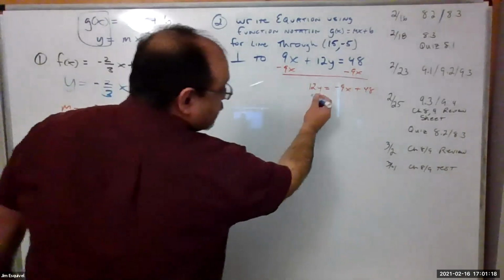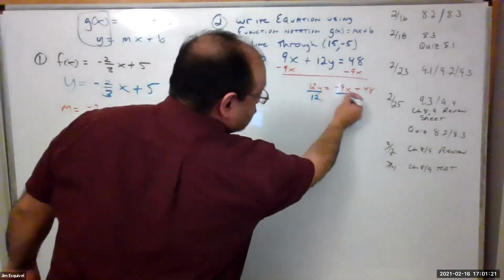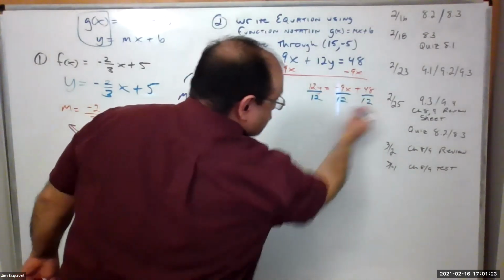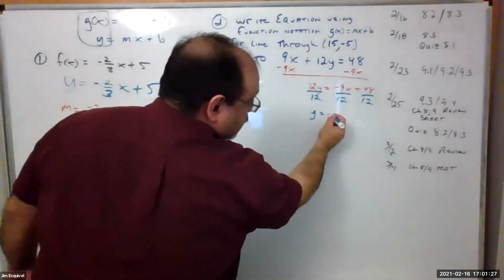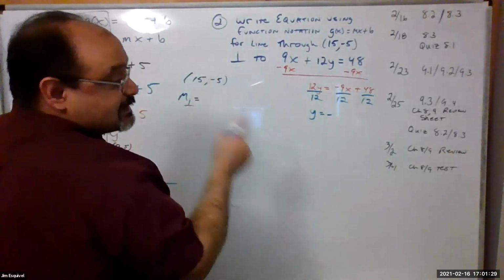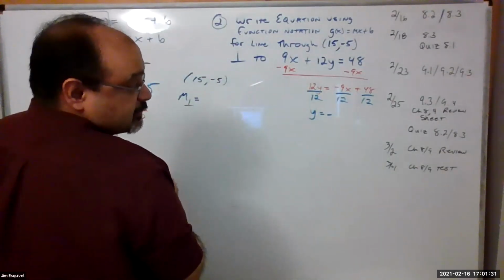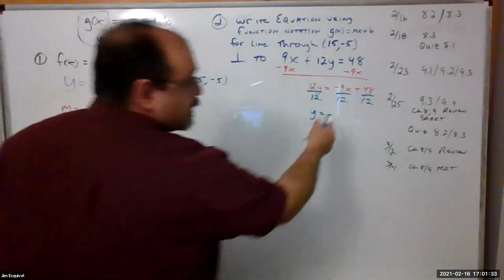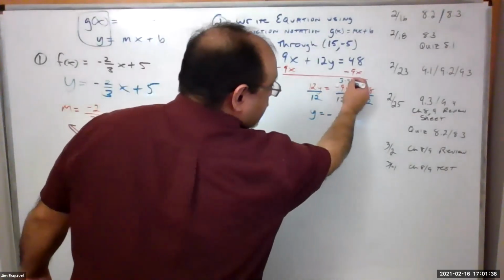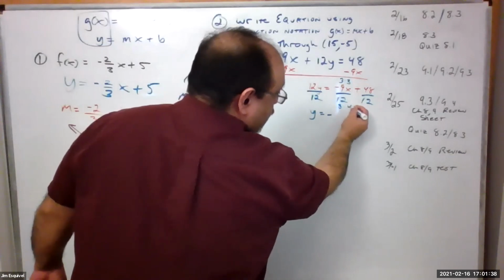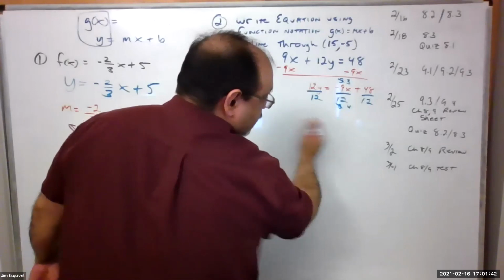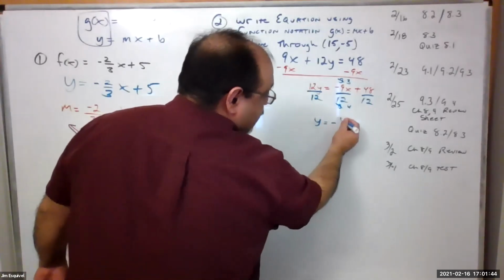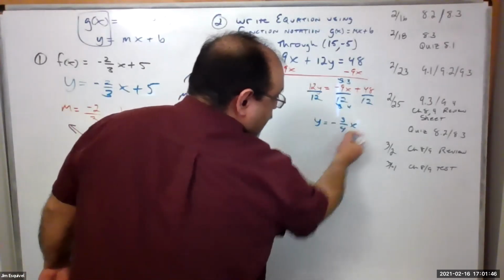Then divide everything by 12. And so y is equal to a negative. Simplify the fractions. This is 3 times 3 over 3 times 4. So the 3's reduce. So your equation over here is negative 3 over 4x